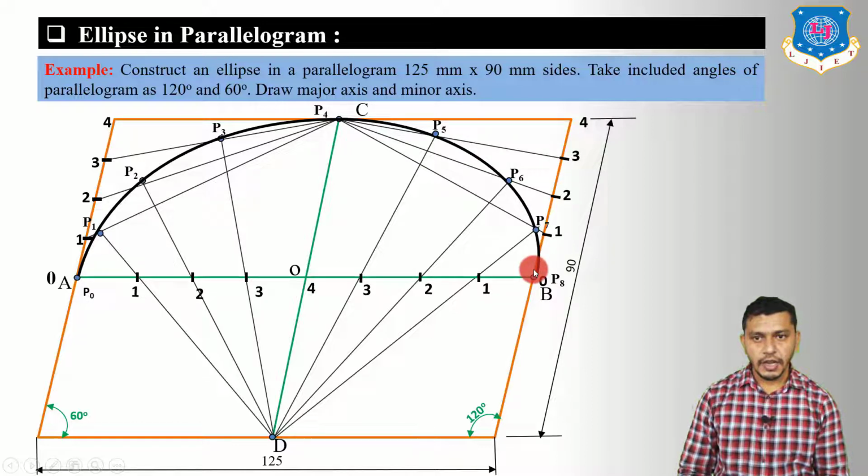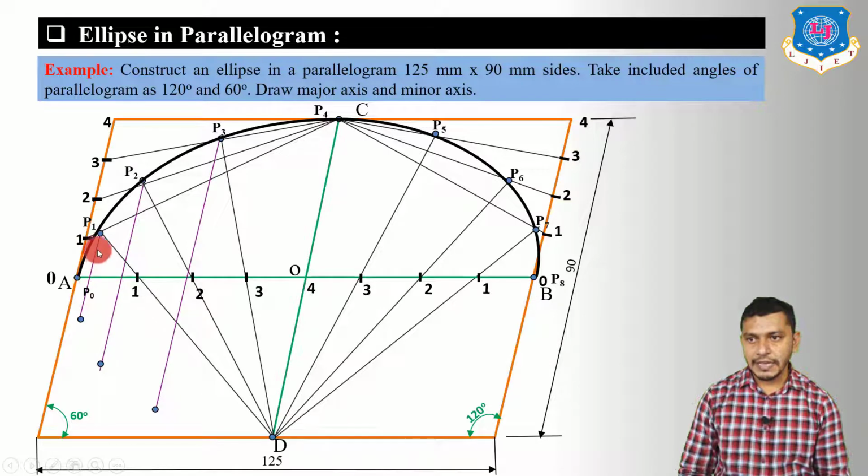Okay, now if you want to draw the ellipse in the second half, we have to apply the same method that we have applied in the first half. Or we can also apply our logic that we have applied in the rectangle method. What we have to do? We have to draw lines parallel to CD from P1, P2, P3, P5, P6, P7. So draw lines parallel to CD from P1, P2, P3 first of all. These should be parallel to the CD line. Here you can use the roller scale to draw the parallel lines.